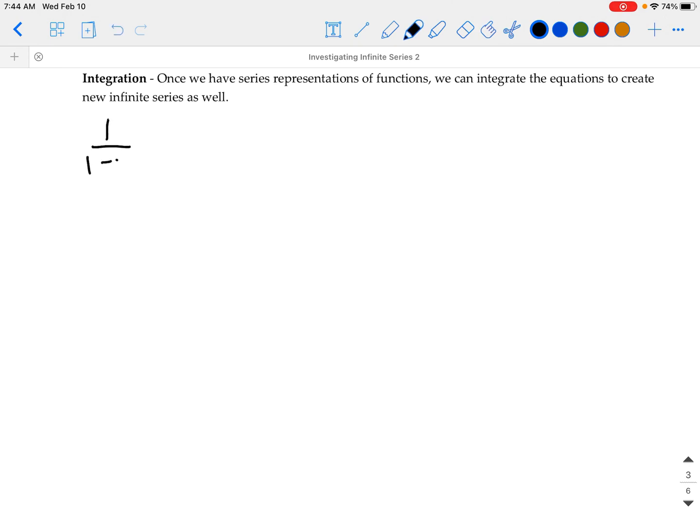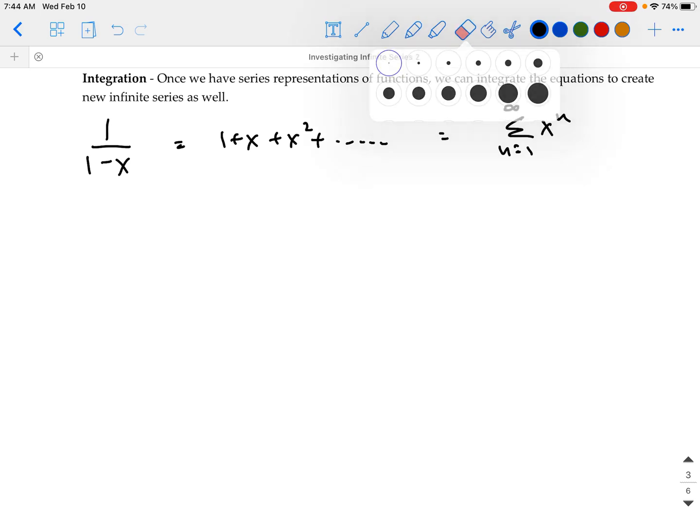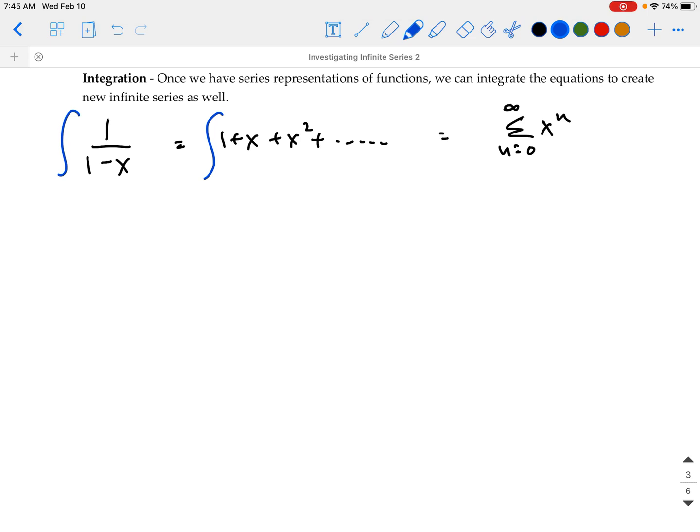So similar to what we did previously, suppose we have 1 over 1 minus x, which is equal to 1 plus x plus x squared, and so on, which is our sum for n equals 0 to infinity of x to the n. So we can integrate these expressions as well. And so what we'll end up getting when we integrate